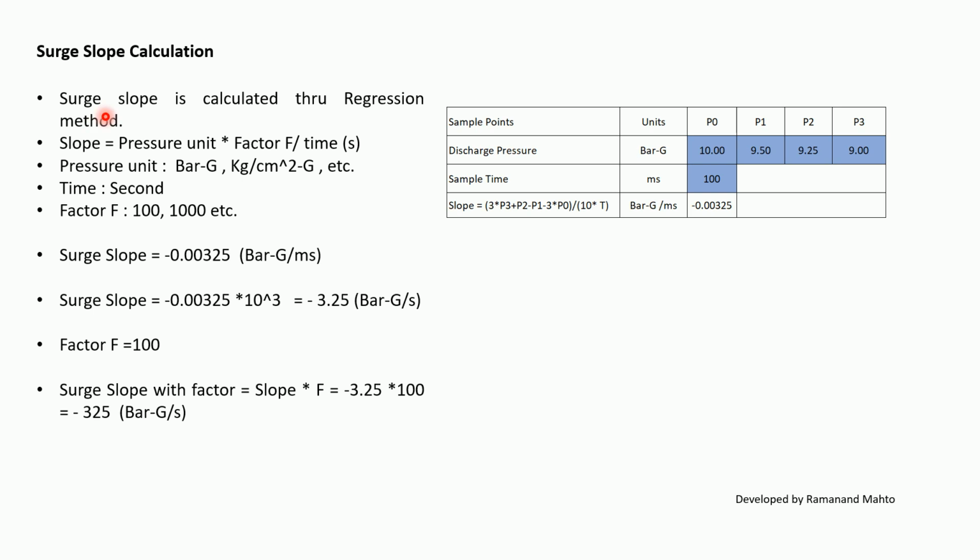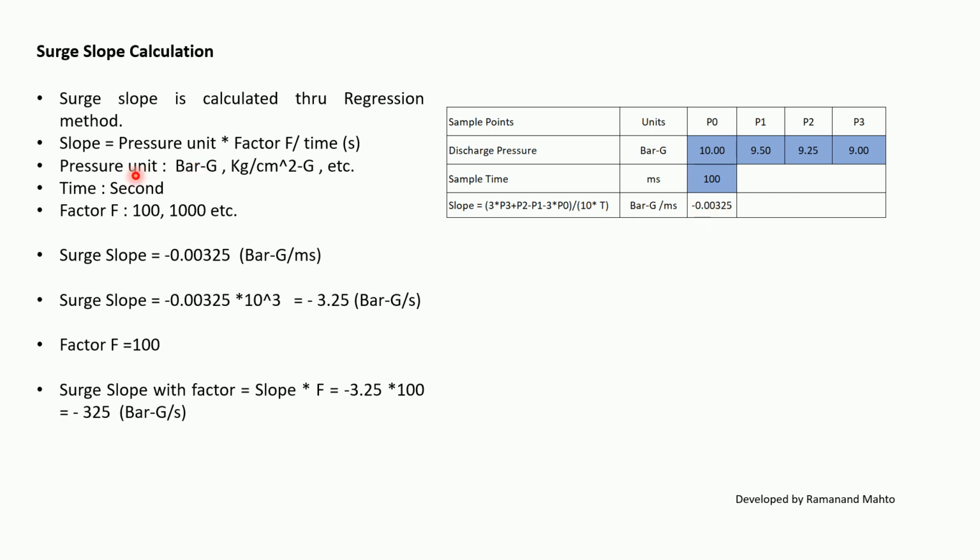Surge slope calculation. Surge slope is calculated through regression methods. How can we calculate it? Let's say there are points P0, P1, P2, P3 where pressure is 10 bar gauge, 9.5 bar, 9.25 bar and 9 bar. Sample time is 100 milliseconds, so every 100 milliseconds data is captured. So you can use the equation (3 × P3 + P2 − P1 − 3 × P0) / (10 × T), where T is the sample time. It will give bar gauge per millisecond. So it is coming minus